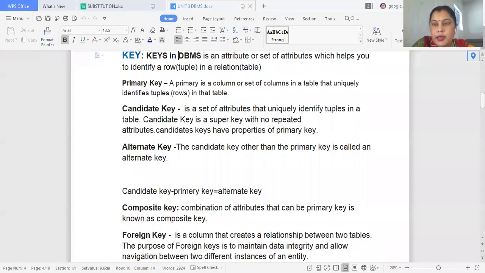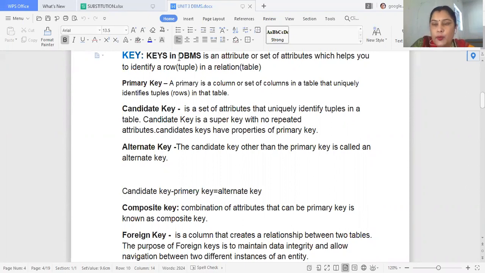The topic of revision is key, meaning what is key in DBMS. Key, just like an attribute, means the attributes or set of attributes which help us to identify the row in a relation.